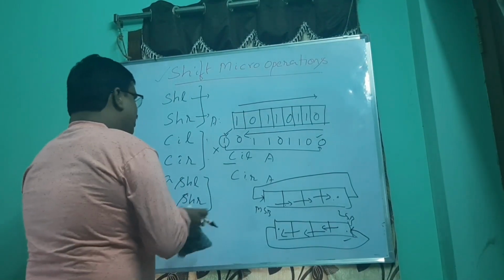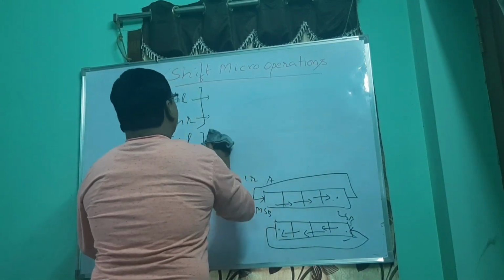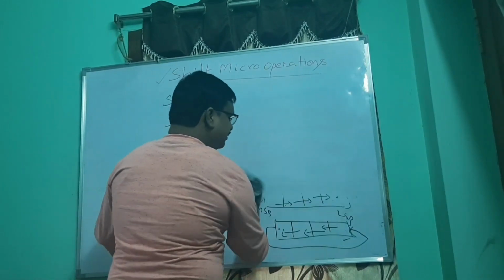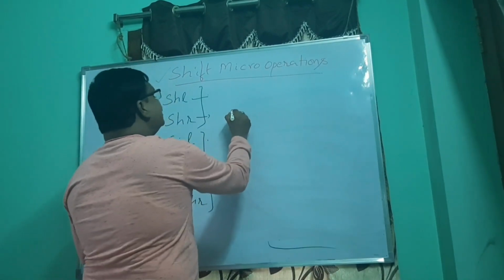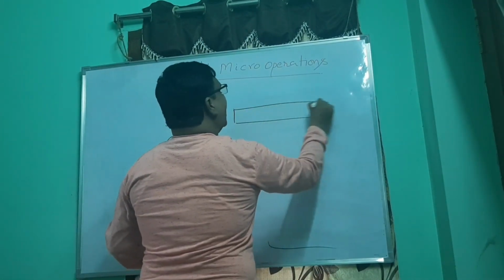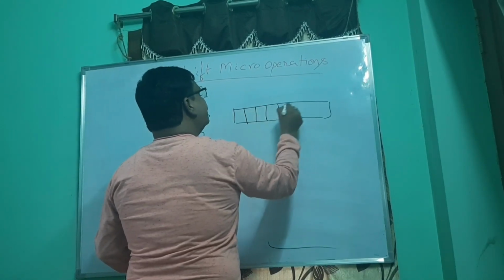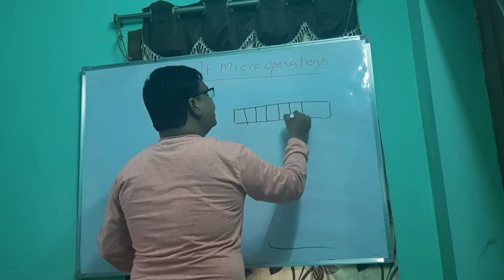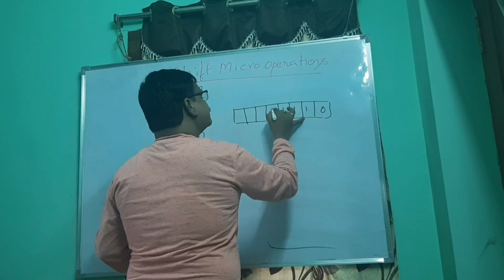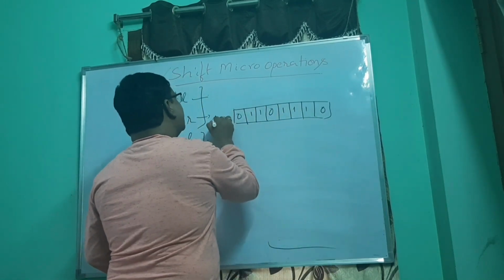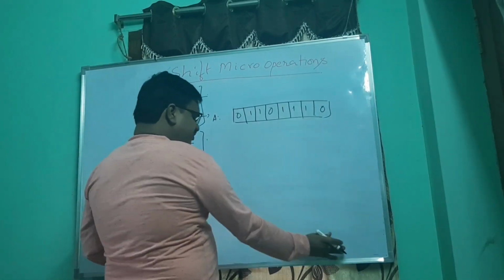Now, what about ASHL? That means arithmetic shift left and arithmetic shift right. Just take again an 8-bit register. This we have already done in our previous, I think, divide algorithm. Like this, A is there. So there, I think if you remember,